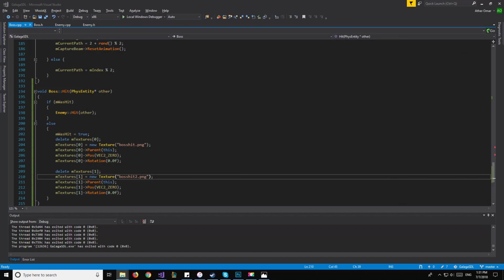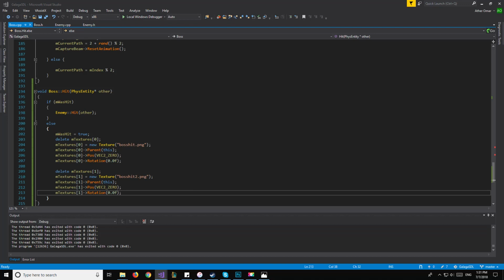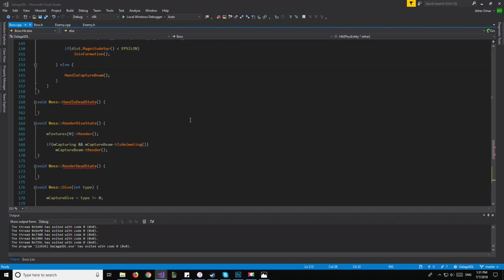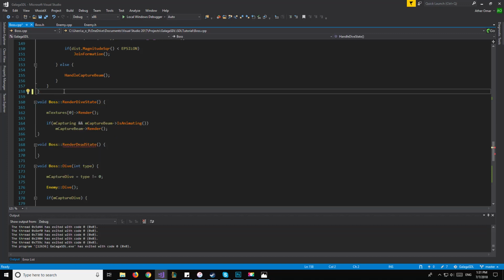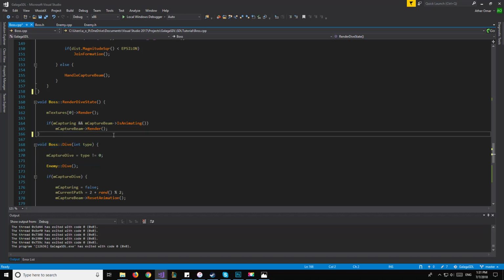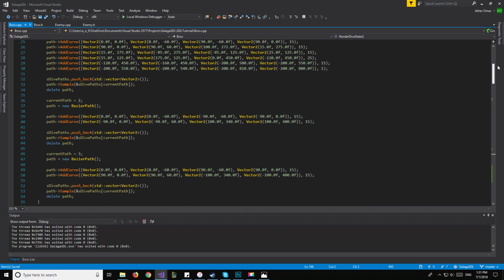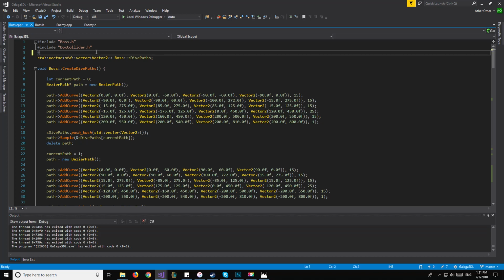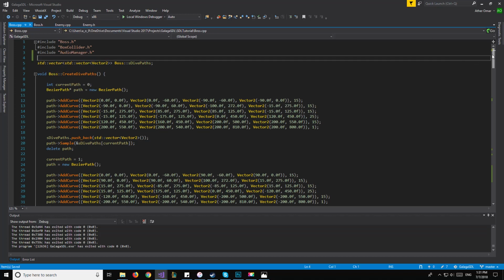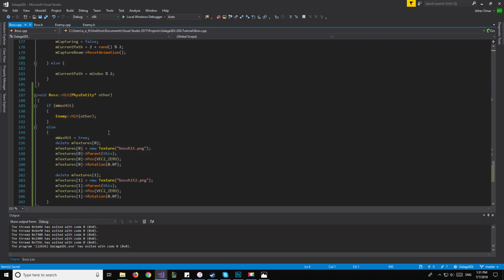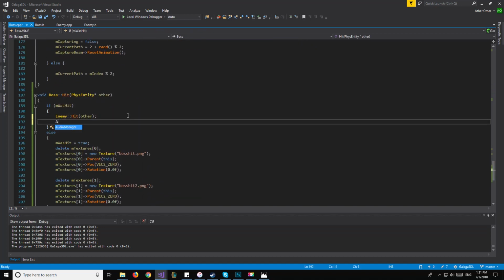Okay, so now moving on to our audio. So let's go all the way to the top. Right, we removed the handle state, so we can just remove this from here now. And render state, we can just remove this one as well, and then save that. And then at the top here, we're gonna say include audio manager.h, and then we're gonna go back down to was hit and say audio manager instance